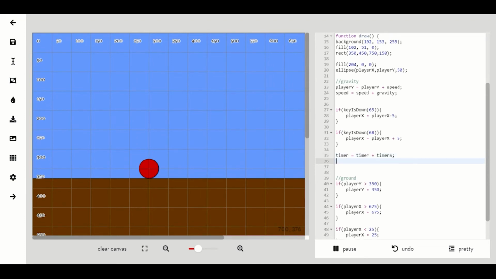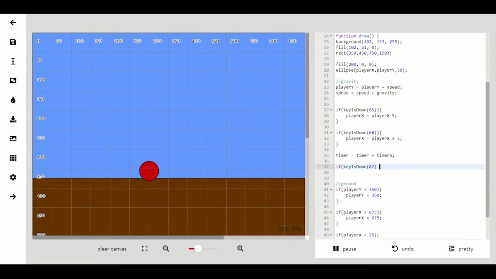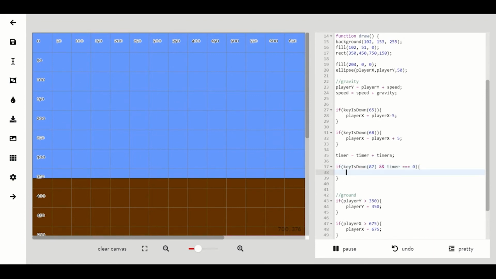Our timer won't be activated until we press our jump button. So after this, let's type if key is down, and we'll add 87 as the key code for W, but we can use 32 if we prefer jumping with the spacebar. And if our timer is equal to 0, then we should set our timer speed equal to 1, which will make our timer start counting, and speed should be set to equal -15, which will be the power of our character's lift. If you want to control how high your character jumps, then the -15 is the number you want